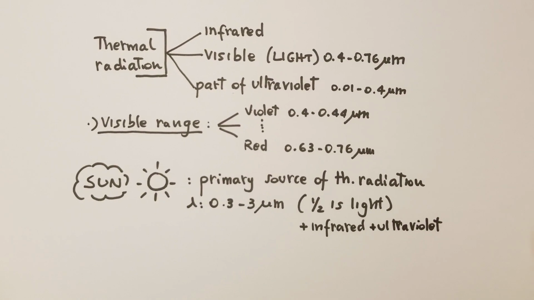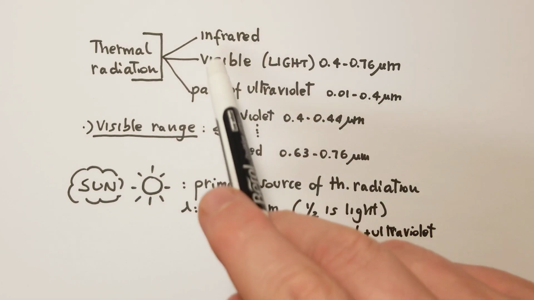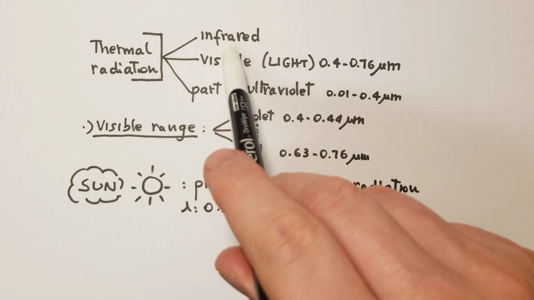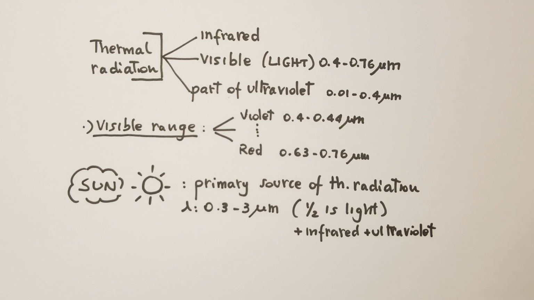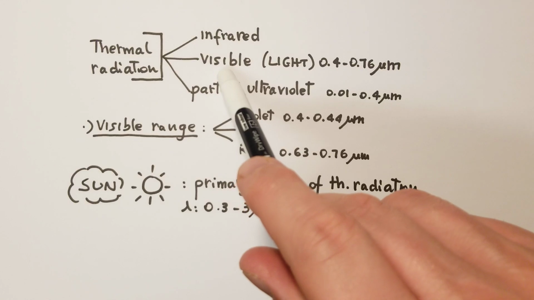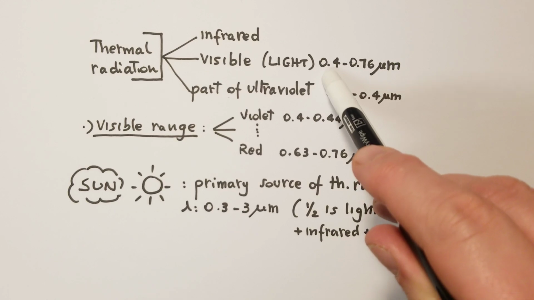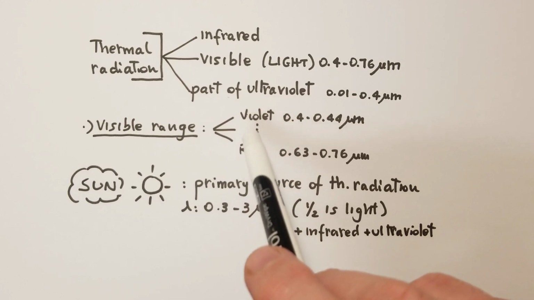In the portion of the electromagnetic spectrum that transfers thermal radiation, we can define 3 different groups, classified as infrared, visible, which is light, and part of the ultraviolet range. And within the visible part of the spectrum, that's for wavelengths 0.4 to 0.76 microns, we can further subdivide this